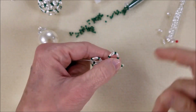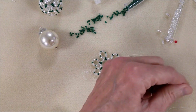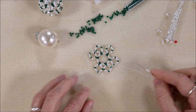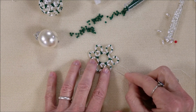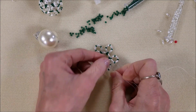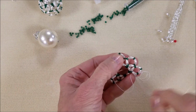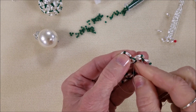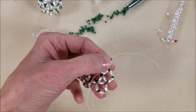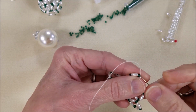No, well, I'll finish this one, and then my thread is wrapped around my needle. Okay, maybe you can see it better like this. Coming out of there, and you come back, coming down, so you want to go up that seed bead. Right. And I'm going to go back down through the seed bead, the pearl, this seed bead on the bottom,